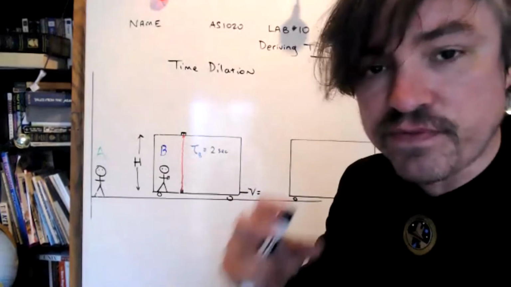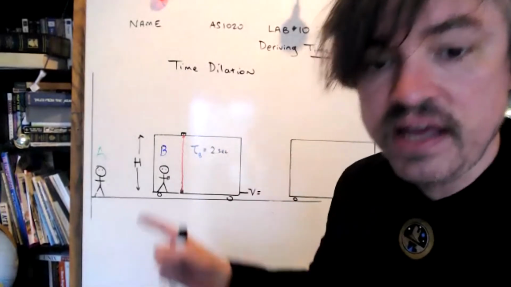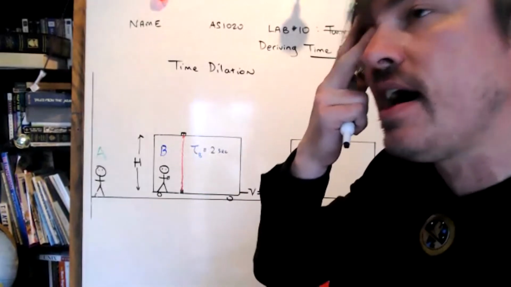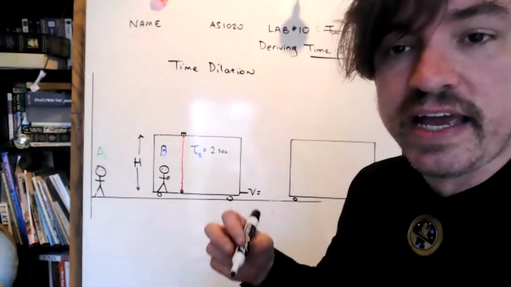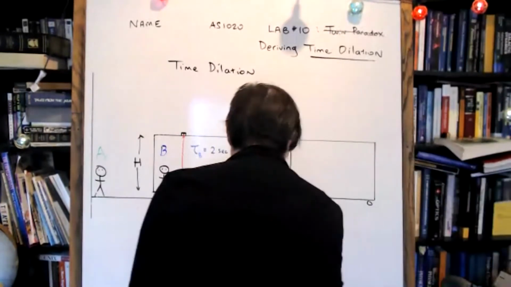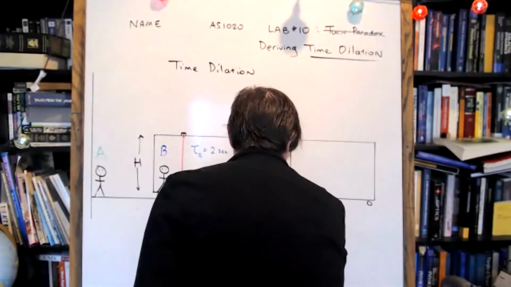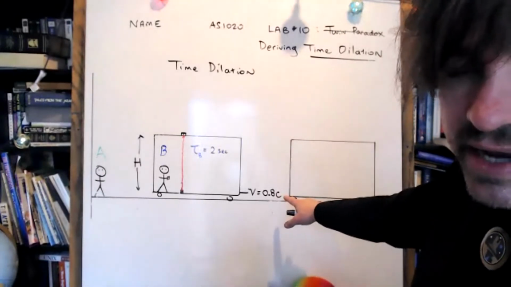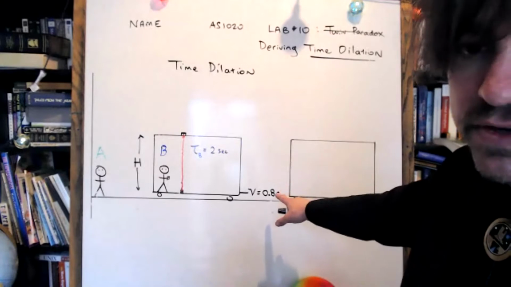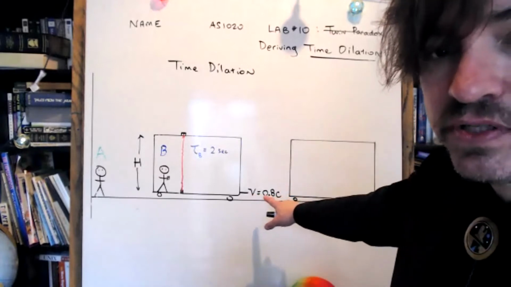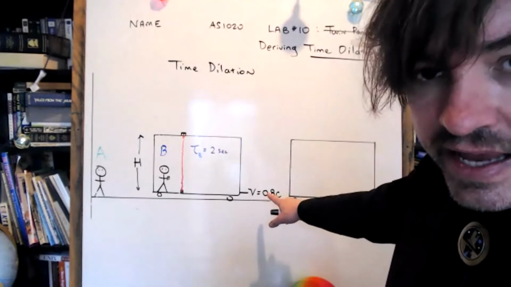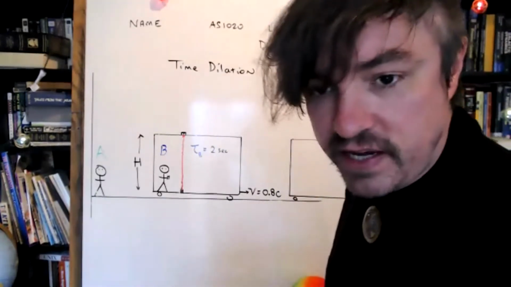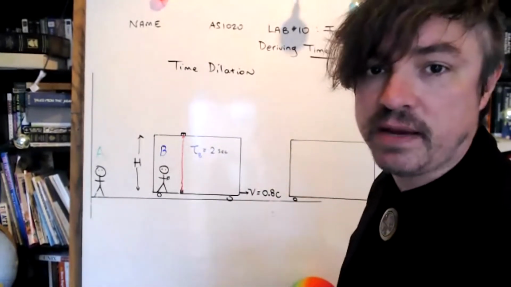Now, in order for the effects of relativity to become obvious or apparent, this cart needs to be traveling really fast. Maybe not the speed of light fast, but let's just say it's traveling at 80% the speed of light. By the way, I want you guys to notice how I represent the velocity here. I'm drawing the velocity not in meters per second or kilometers per second, but as a percentage or a fraction of the speed of light, 80% c. You will discover that most problems in relativity display the velocity as a percentage of the speed of light. The reasons why will become clear later, okay?